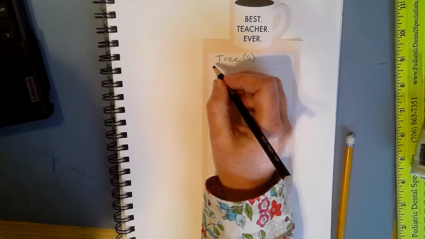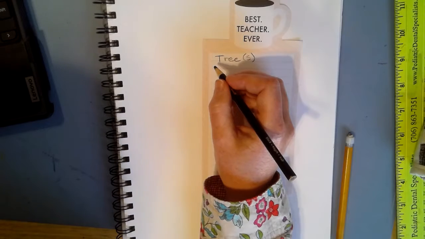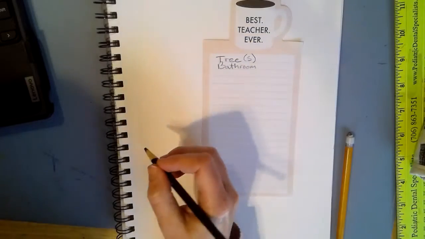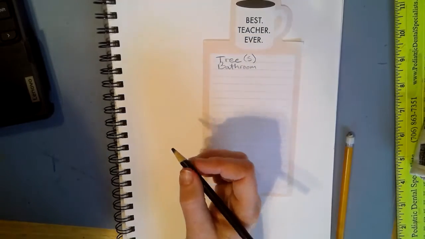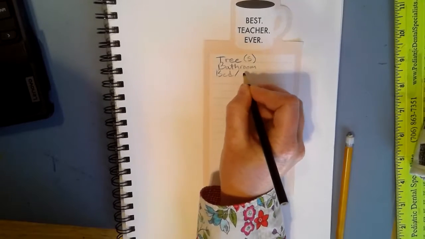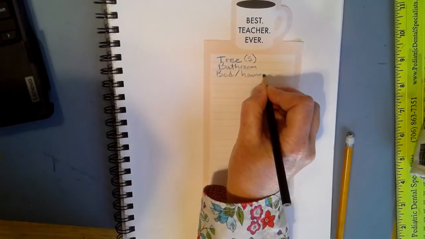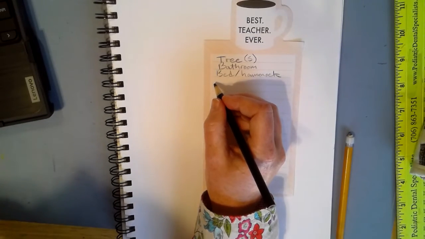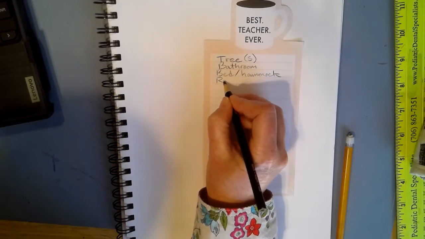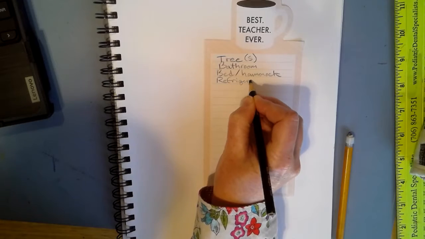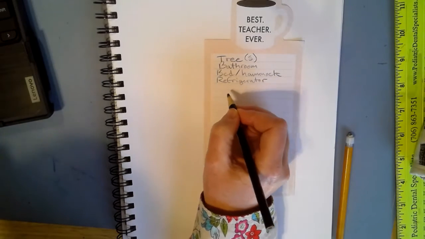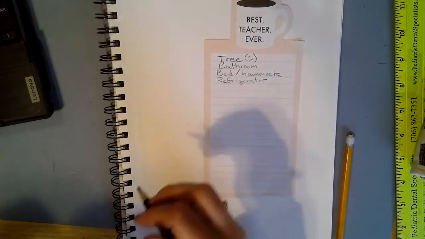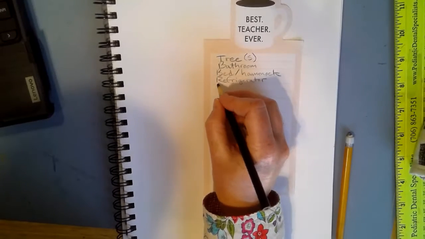Unless you want to run down out of your tree house and go to the bathroom in the house, you could have a bathroom, small one, in your tree house. Maybe you want a place to nap, so you can have a bed or a hammock in your tree house. Maybe you could have a refrigerator for snacks in your treehouse, or maybe you could have a place to play, so like a playroom,